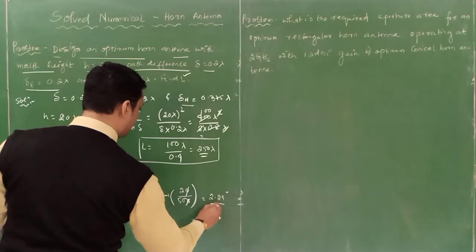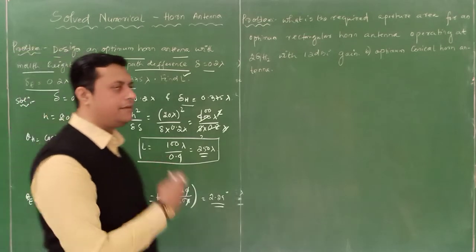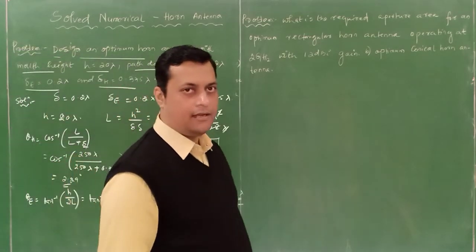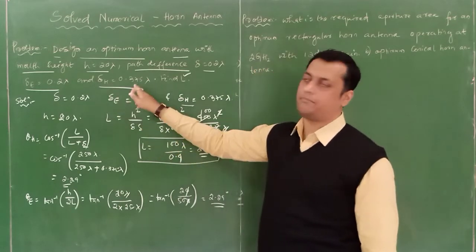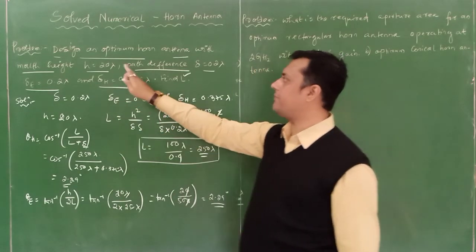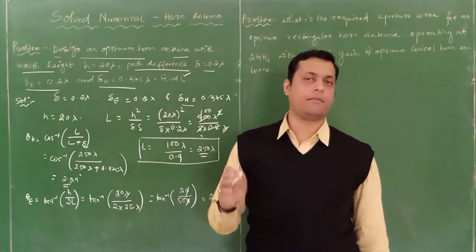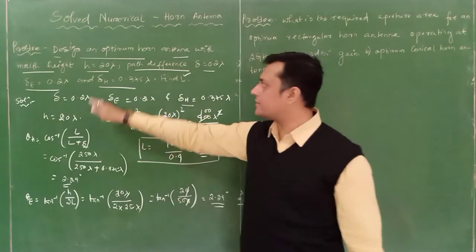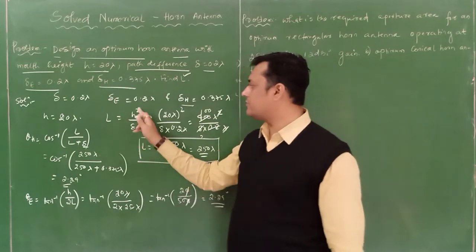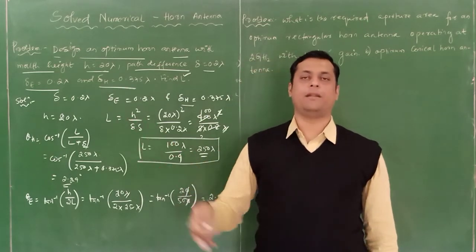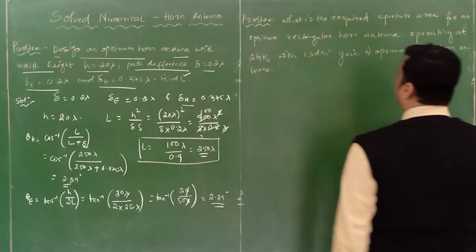So like this we can identify the values for the given horn antenna as per the given data. Here the path difference is given, and the aperture, sometimes called the mouth height, or sometimes called the aperture. Both are the same. So H is equal to 20 lambda. L is equal to A square by 8 del, so in place of A you have to substitute H. Okay. So one more question.